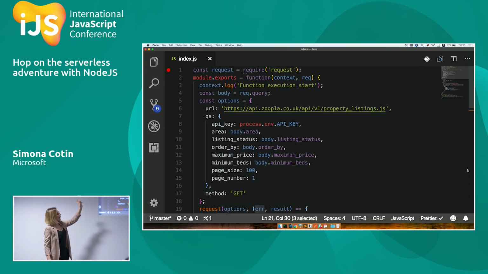And I'm saving the query parameters in the body object, which I'm then going to send to the Zoopla API request. So that's the URL of the Zoopla API, and then I also need to pass the API key as a query parameter, but also I want it to be in a certain area, I want to have a maximum price, and I also want to have a minimum number of bedrooms. And the method that I'm going to send is get,